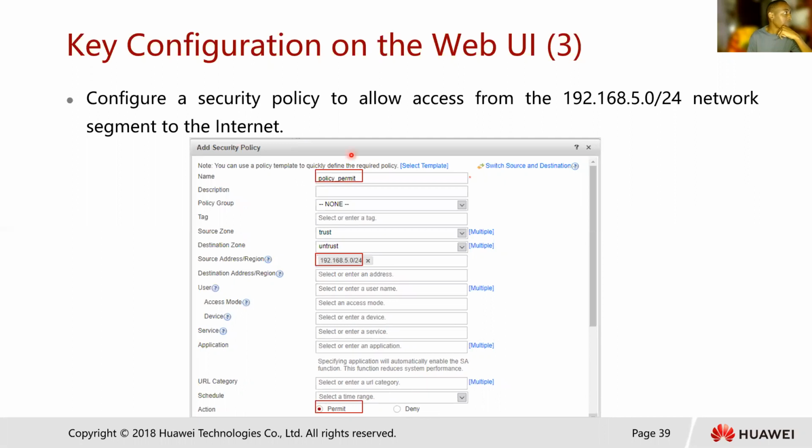The next thing is you now go and create the policy for permitting. And now you don't have to create an address group for it. It's the whole network segment. So you'll now use 192.168.5.0/24 from trust to untrust. The policy is called permit, and you can see the difference here is that you are now allowing all the other computers within the same